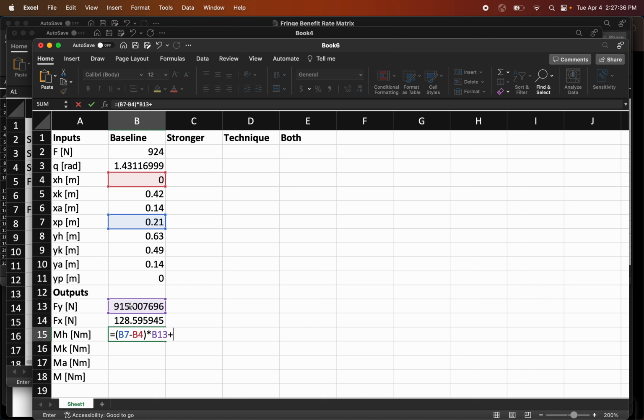I'm going to add to that the moment arm for the horizontal ground reaction force, which is the vertical coordinate of the center of pressure, minus the vertical coordinate for the hip, times that horizontal ground reaction force. Okay. Now, notice here in my equation, it's got everything color-coded here for me. My vertical ground reaction force, cell B13 there, its moment arm there is a difference in